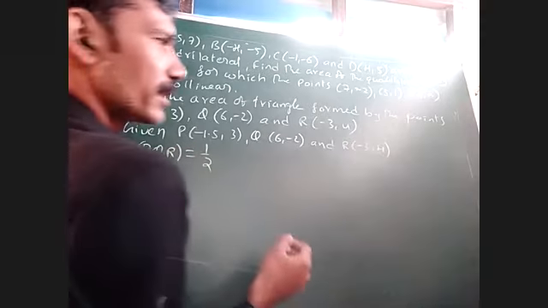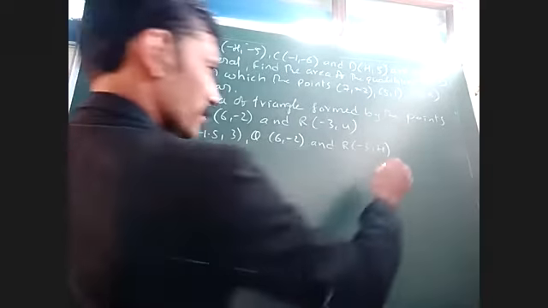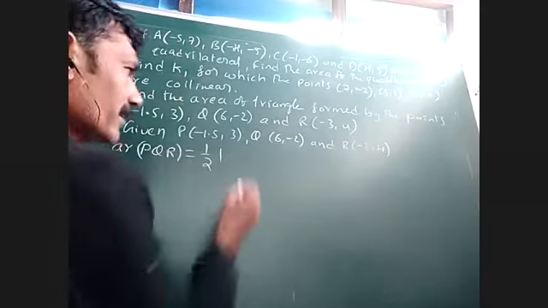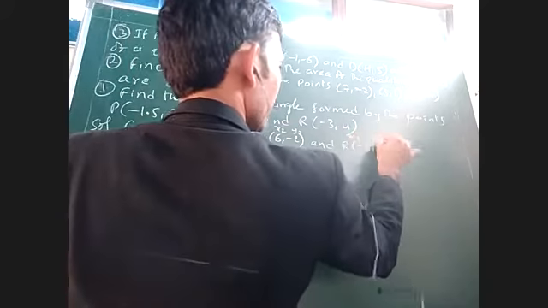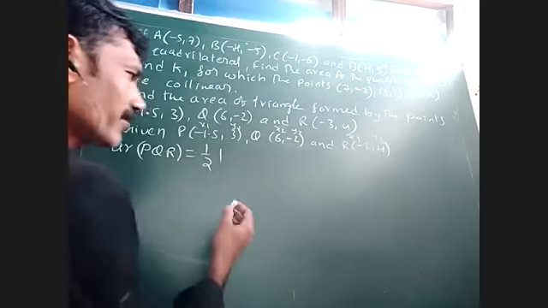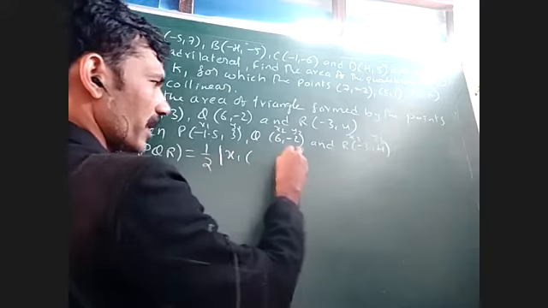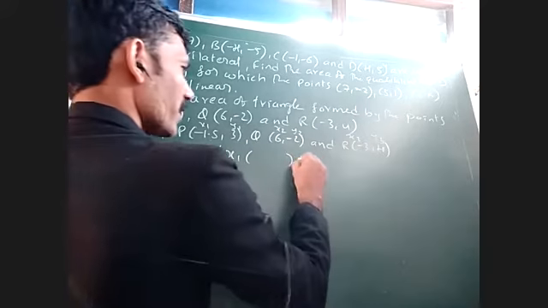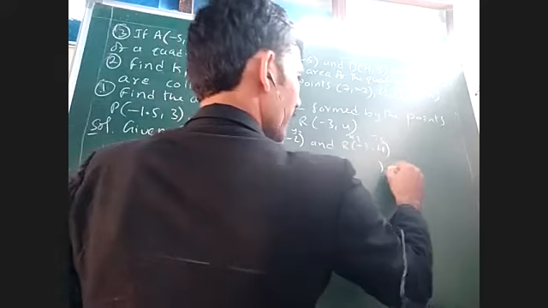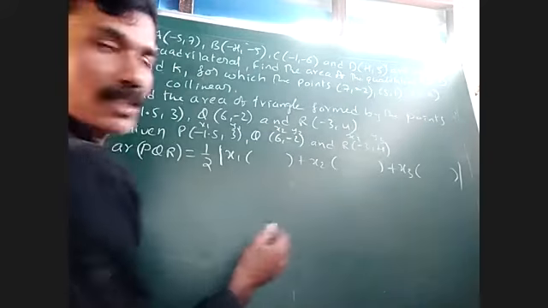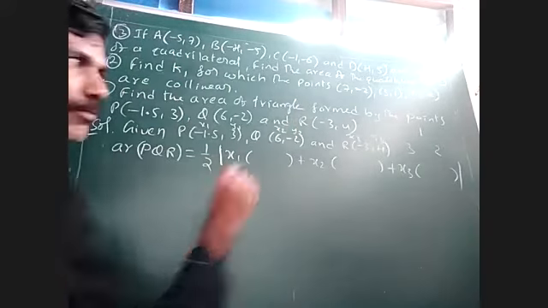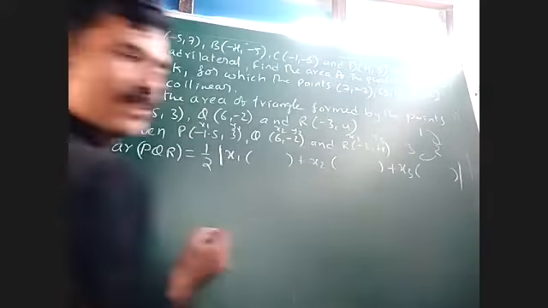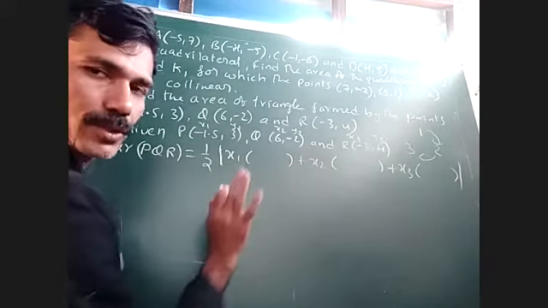We'll tell one easy way to remember the area of the triangle formula. It is a cyclic expression. You can take the points as x1, y1, x2, y2, x3, y3. First, x1 will multiply with some expression, x2 will multiply with some expression, and x3 will multiply with a cyclic expression. Cyclic expression means 1, 2, 3. If you say x1, afterwards you have 2, 3.